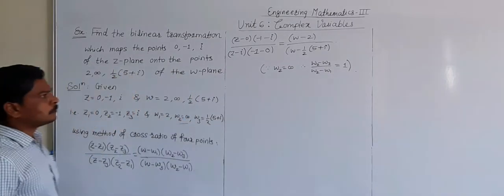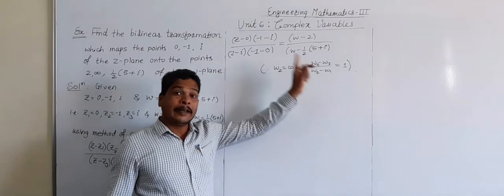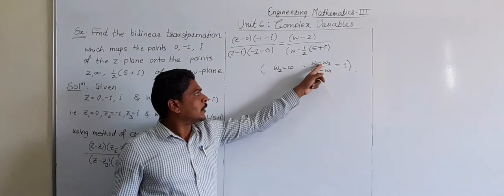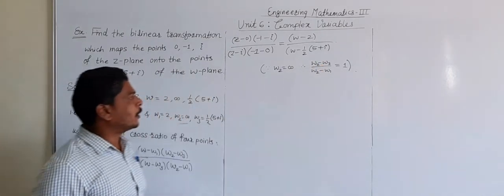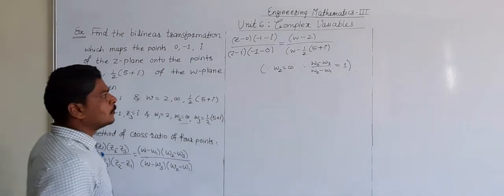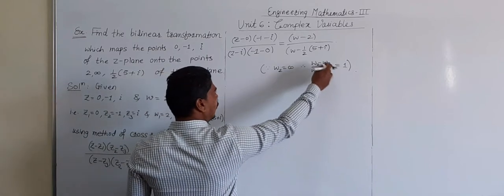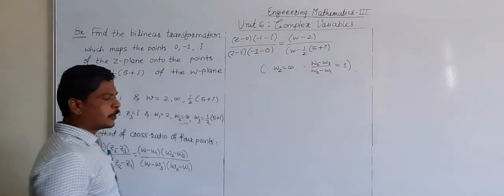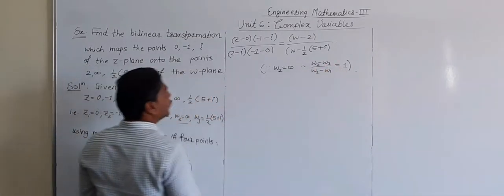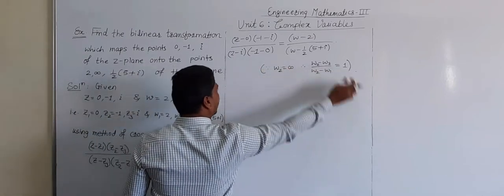Okay, so actually we are using here the indeterminate form of a limit. Okay, because this becomes infinity divided by infinity by replacing w2 equal to infinity. So put the limit as w2 tends to infinity, that means w2 is a variable, and then use the L'Hospital rule, and we get the value of this limit as 1. Okay, so actually this is the basic concept behind this value equal to 1.